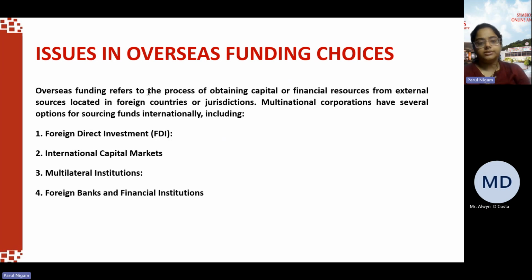It involves ownership, control, and active management of foreign business operations, distinguishing it from portfolio investment like stocks and bonds. There are various types of FDI, like greenfield investment and brownfield investment. We have covered all of this in one of our previous sessions, where we were discussing FDI. This FDI definitely impacts your funding choices,